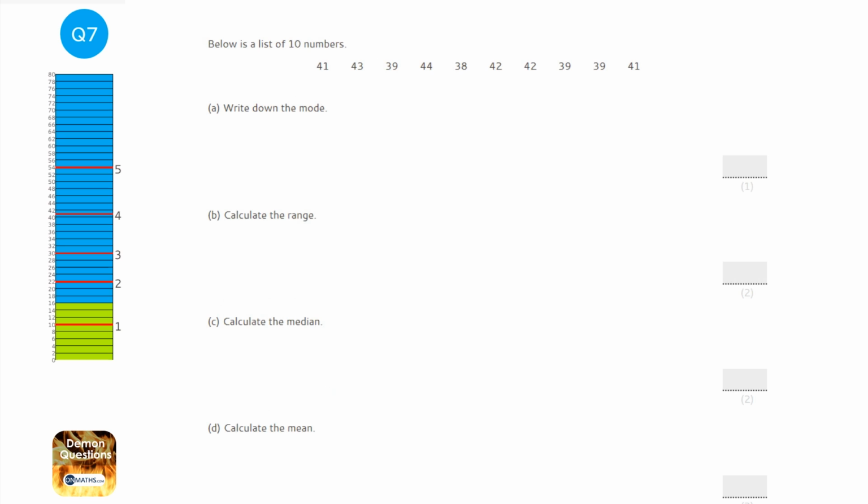And the place I'd start with this question, since we're going to be asked for the median anyway, is just to put these in order of size, and that will help us work out the mode and range. You don't have to do it, but it's much easier to spot. So the smallest number's 38. Is there another 38? No, the next number's 39. I think there's a few 39s. Okay, the next number's 41. I'm crossing them out as I go so I don't count them twice accidentally. So 42, 43,